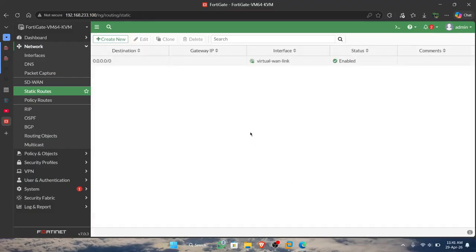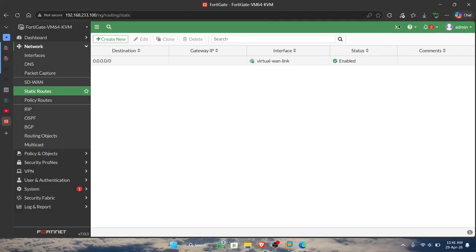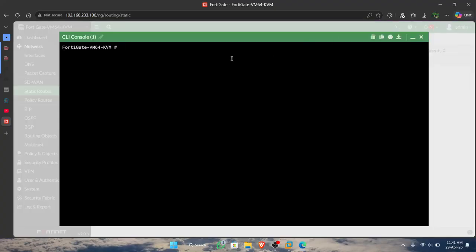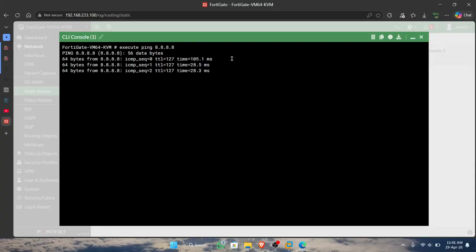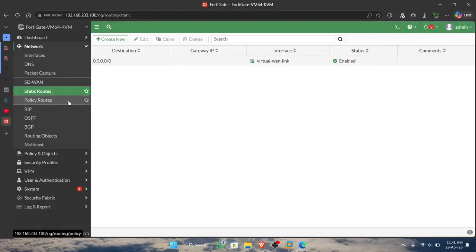After that, you can see the static route configuration. Now if we check by pinging the internet, it is successful.